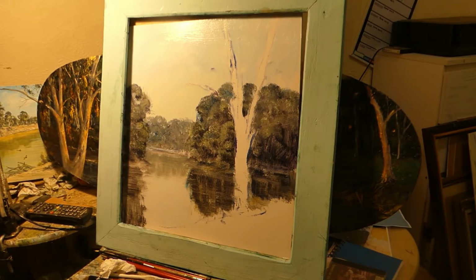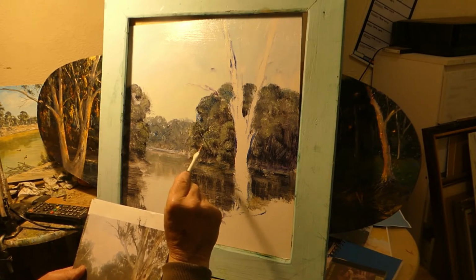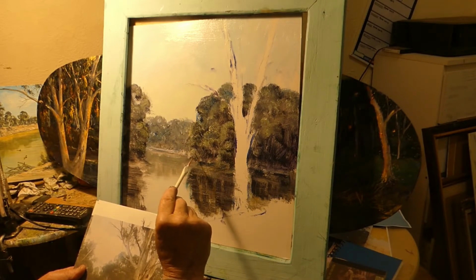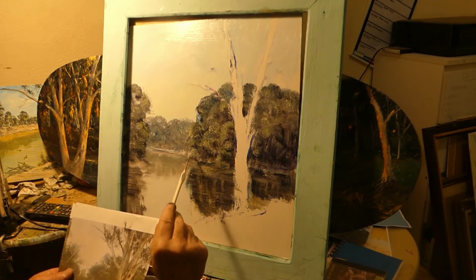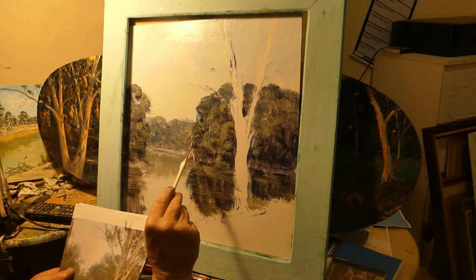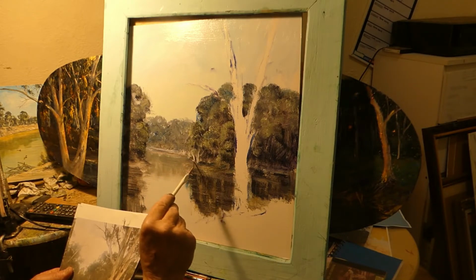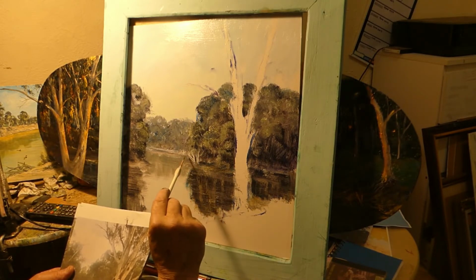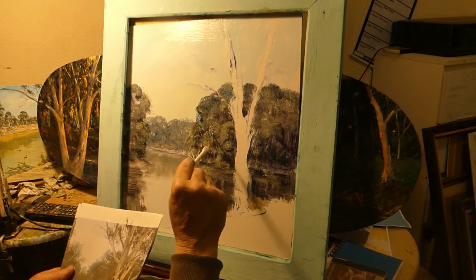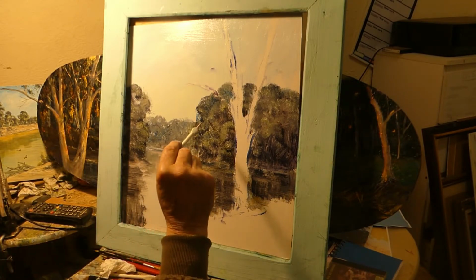Put a little couple of... I wonder if that's still going, is it? Yeah. Alright. So there's going to be a few little trees in there that are stuck in the water. Alright, because the river's right up on the edge. And could have a little bit of cadmium yellow, but